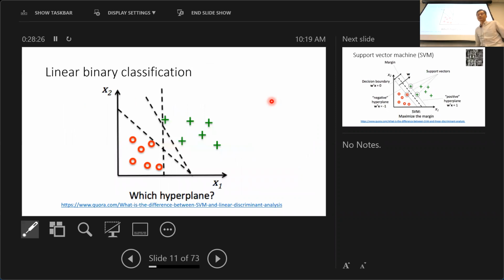As I said, you can have many different solutions. This works. Okay, this is fine. This is fine. Which one is the best? You have to have a standard. So the best means you can